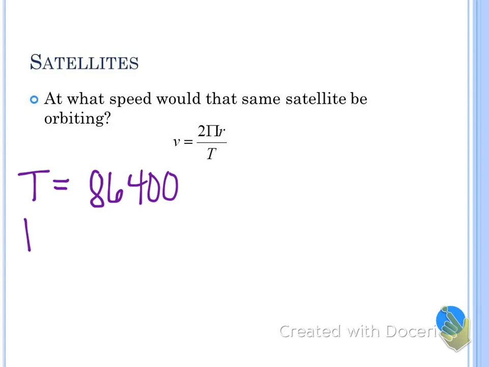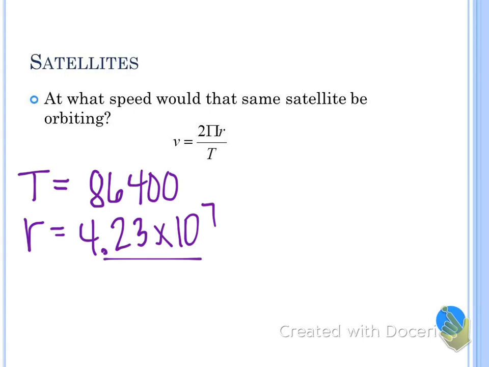And so what's the value of our radius? Good. 4.23 times 10 to the 7th. The reason we use this total radius, not the distance from the surface of the Earth, is because our radius should always be from the center of the Earth to the position of our satellite or object. So that means velocity equals 2 pi times r